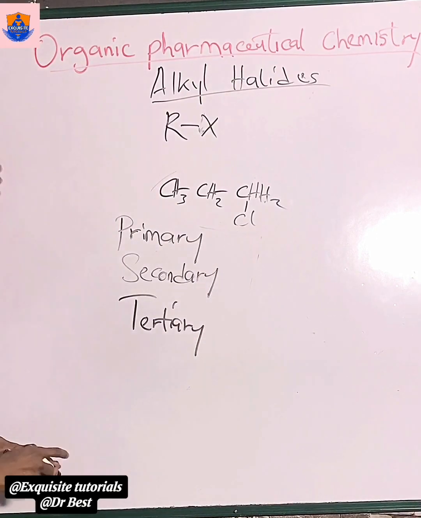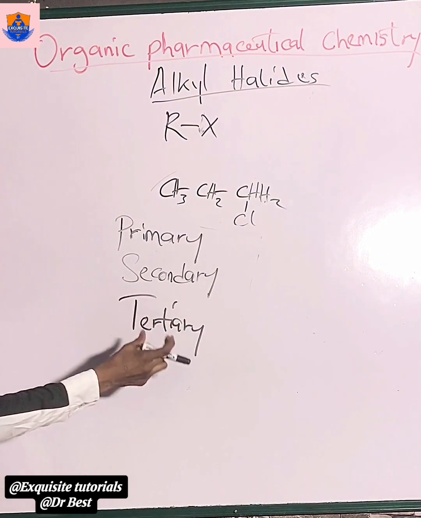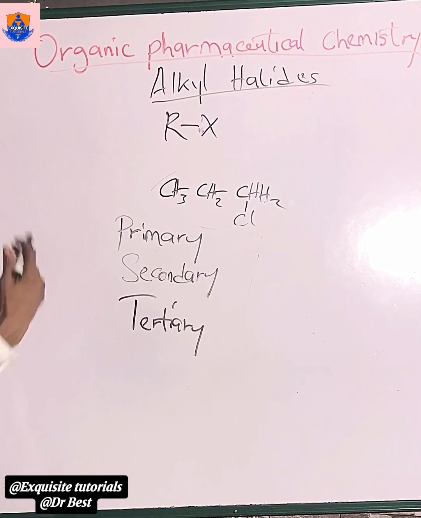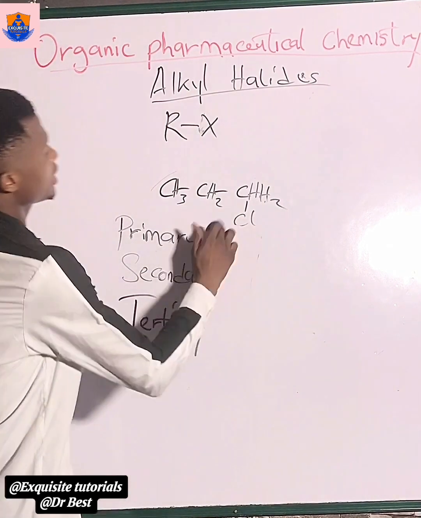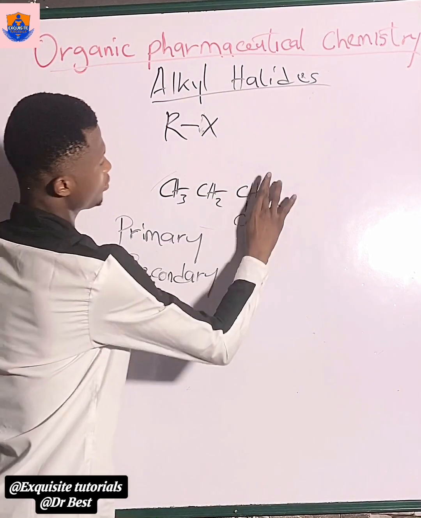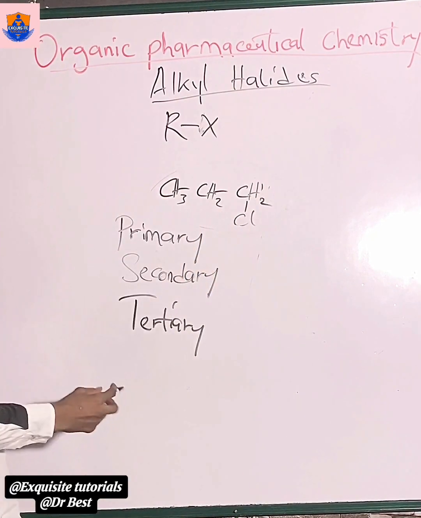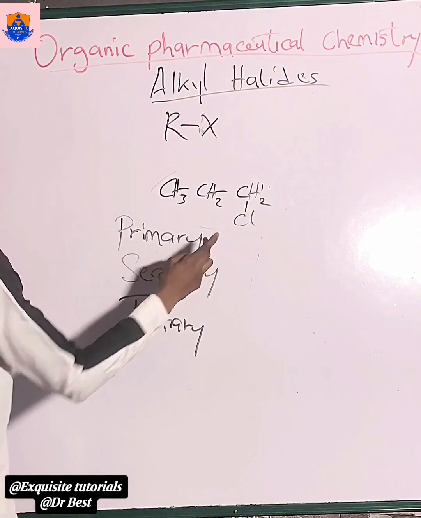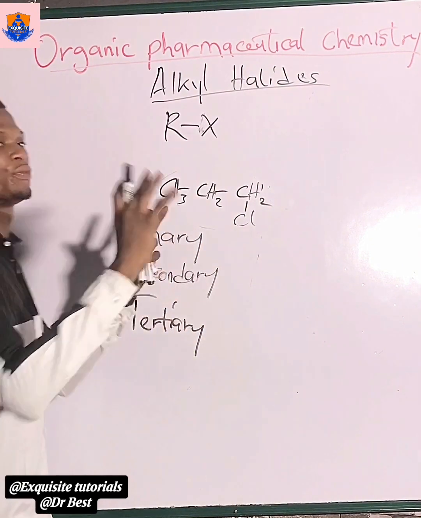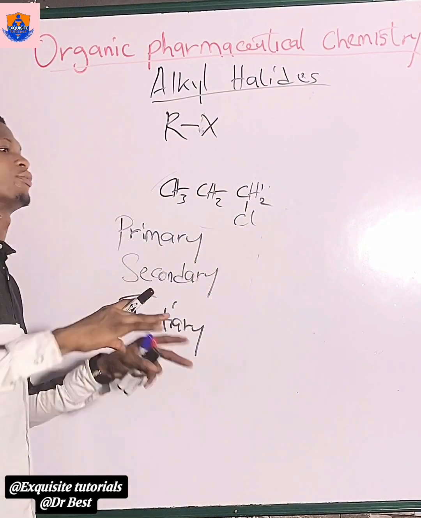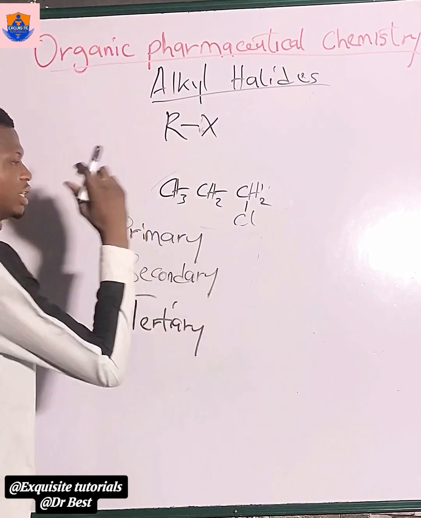Now, what differentiates a primary, secondary, and tertiary Alkyl Halide? Let's go straight to the point, we're not going to waste time. This is an Alkyl Halide, but also we have primary, secondary, and tertiary. What differentiates an Alkyl Halide from another primary, secondary, or tertiary? It is